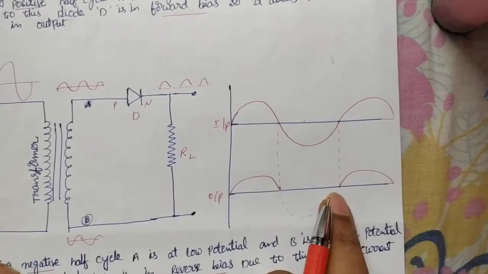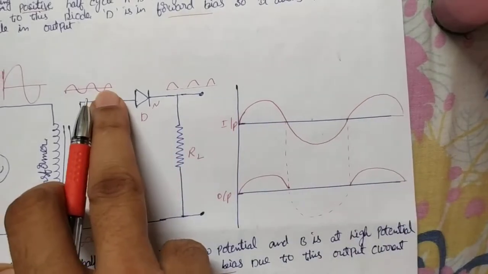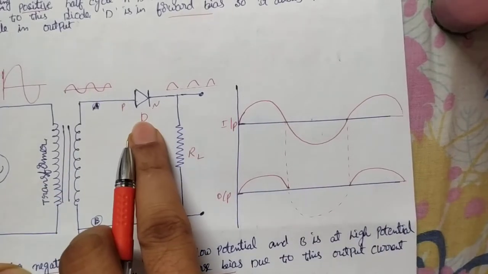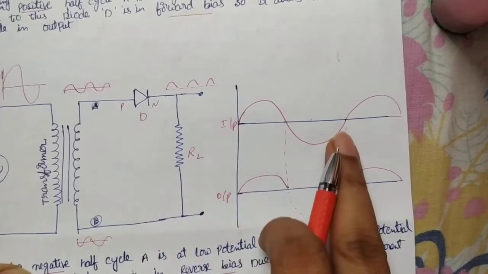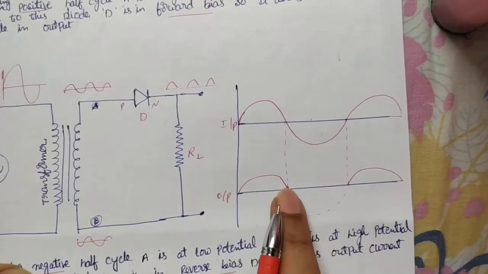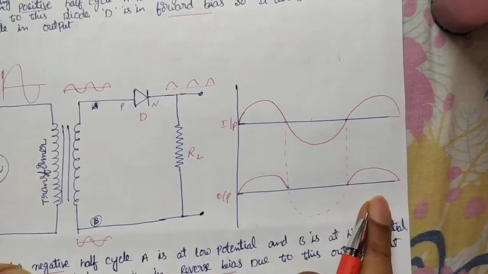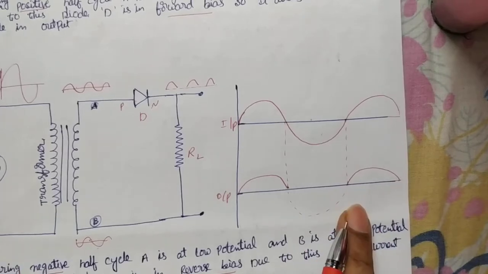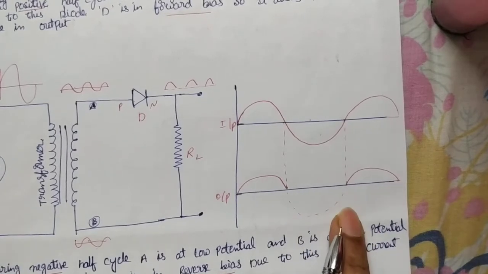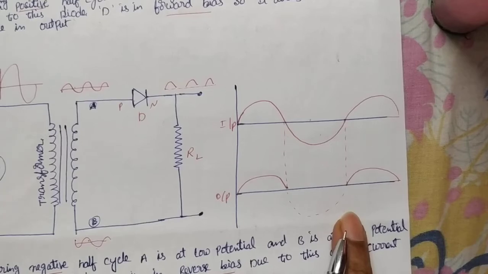And again in AC, it comes to the positive half loop here, and here it goes negative, so again forward bias. Like that, for every wave, one half loop comes in the output. This is what we call a half-wave rectifier. And during the process, what happens?